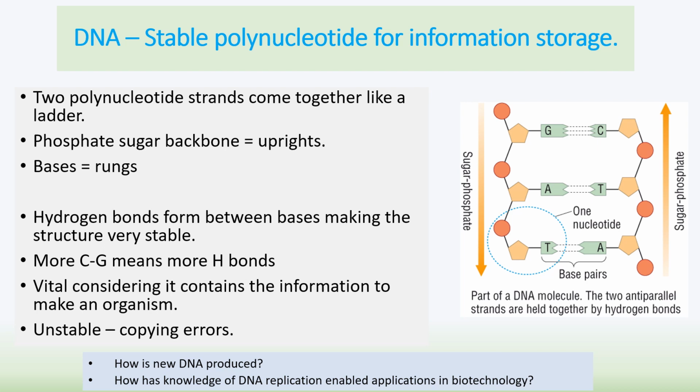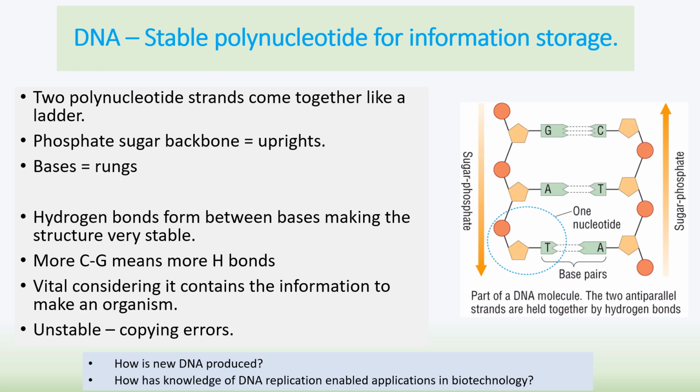So the basic structure of DNA can be seen here, that we have this anti-parallel backbone of phosphate and sugars, and the sugar is obviously deoxyribose, a pentose sugar, which you should already really know. Between the bases there are hydrogen bonds. There are more hydrogen bonds between G and C, and overall there are generally more G and C bonds in DNA. It needs to be stable because otherwise you will have a lot more copying errors, and that is obviously